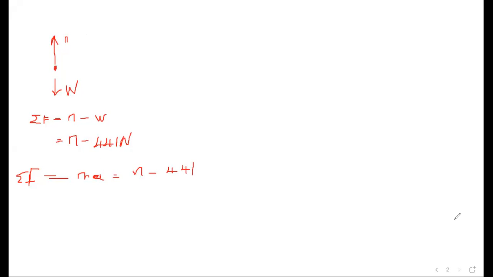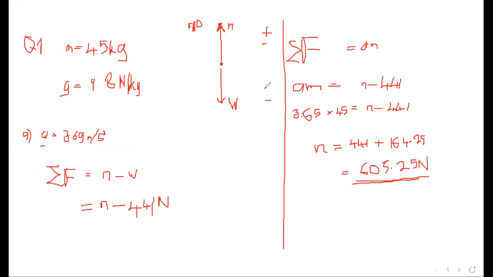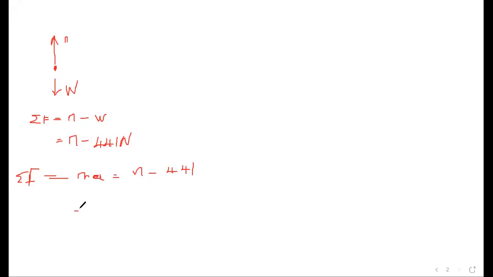Remember, in the previous board we said, let moving up be positive, and moving down be negative. So since this elevator is now accelerating downwards, the acceleration is going to be negative. This guy A is going to be negative 3.65 times 45 kg,